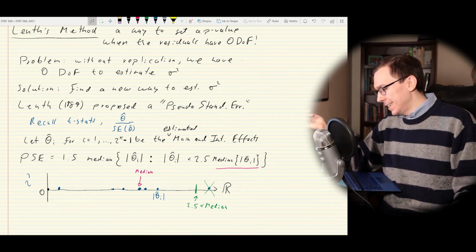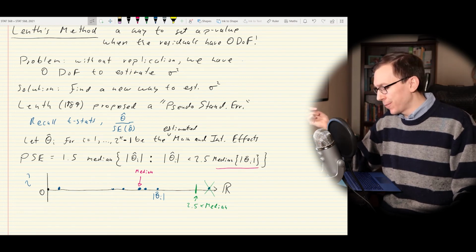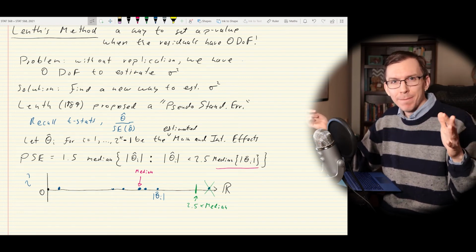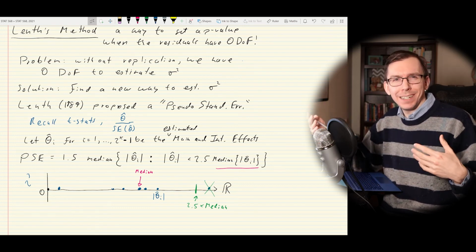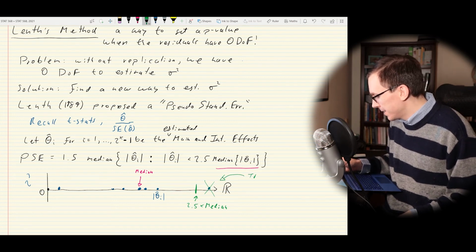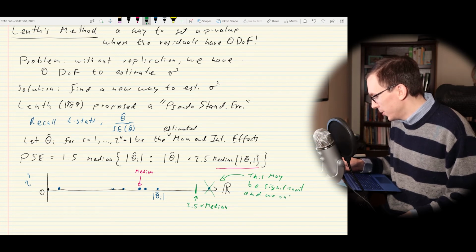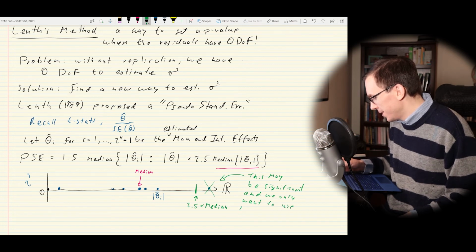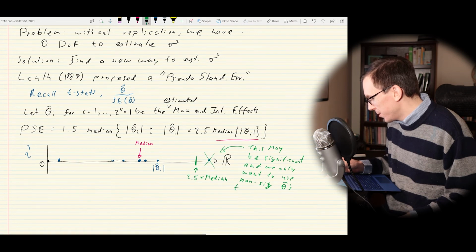The reason he does this is to add a little bit of robustness. So he first says, compute the median just of all the data, then throw out anything that's too big, because the thought process is that this may be significant, and we only want to use non-significant theta hats to compute